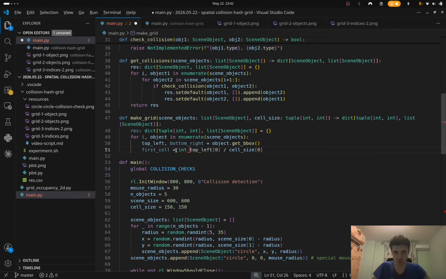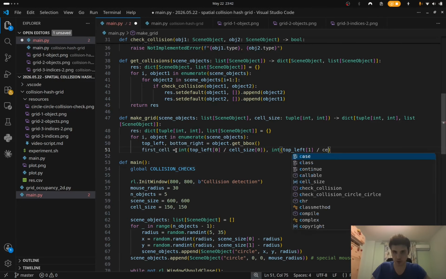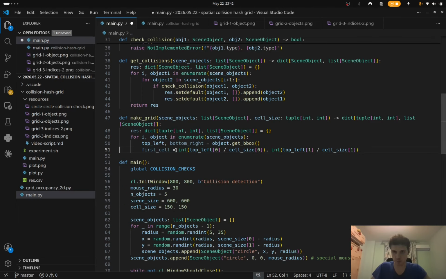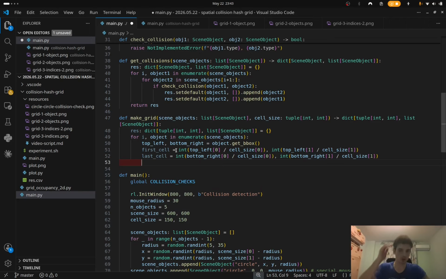We can also put an int here, and it's top left 1 divided by the cell size of 1. And the last cell is the same, but on the y bottom right. This is, I'm sorry, 0, 0, bottom right. So in order to do this, maybe let's actually print the position of the mouse and then the cells it belongs to, just to see that